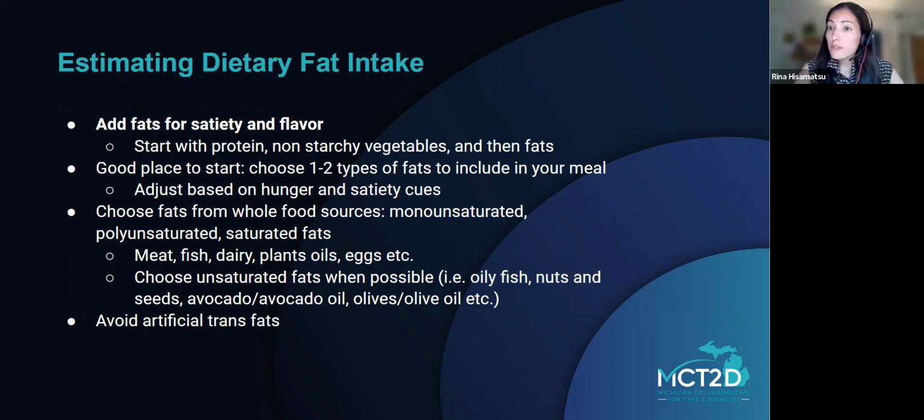So we know that trans fats occur naturally in some animal products to some small extent. However, artificial trans fats are oftentimes the fats that undergo partial hydrogenation or full hydrogenation, and they're found in a lot of processed packaged foods, including frozen pizzas, pie crusts, cookies, and cakes, which oftentimes are also high in carbohydrates too.